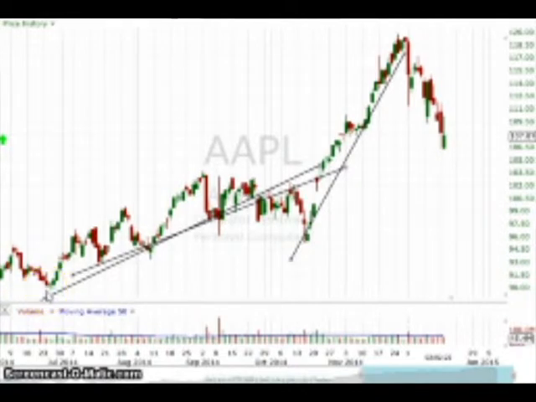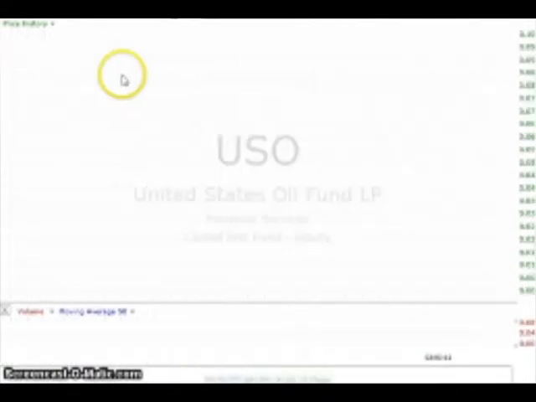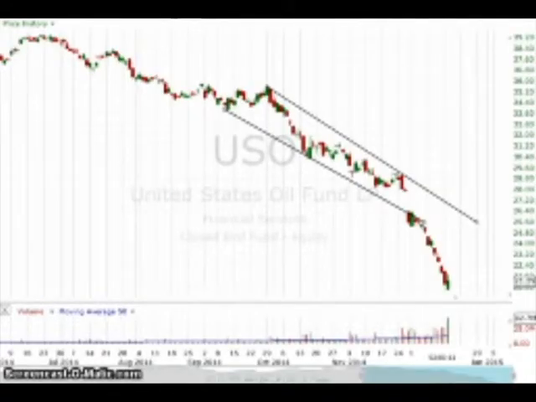Now Apple, going back from June of last year until, I don't know, the middle of November, as demonstrated in my line here, is in an upwards trend. Now until the trend is broken, which I'll discuss more in there, it is considered an upwards trend. Now conversely, I'll use the oil market, which, as we currently speak, is literally in a correction. Here this is the USO, the US Oil exchange traded fund.